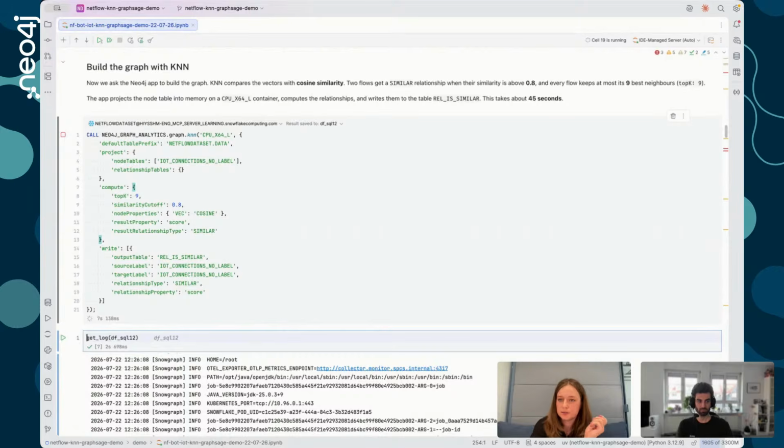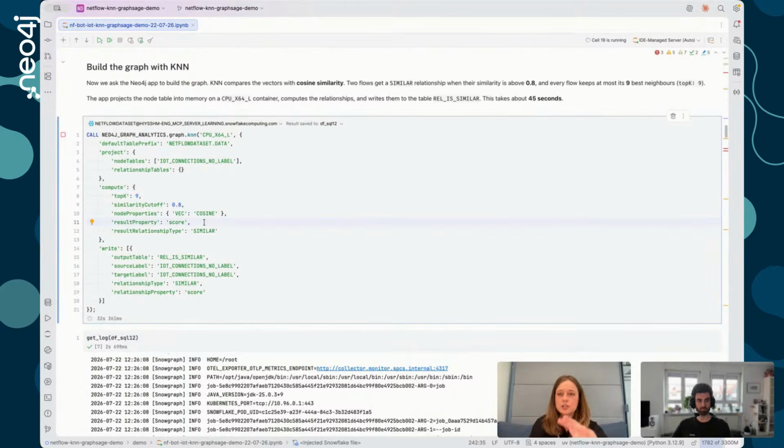The KNN algorithm in our application is not a classification algorithm. It doesn't need any labels, and it doesn't put any labels in the end. It just establishes a connection between the nodes based on similarity. Here you see the configuration for our KNN call is really rich. You see only 5 parameters here, but